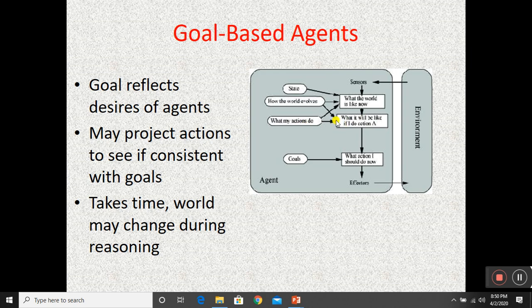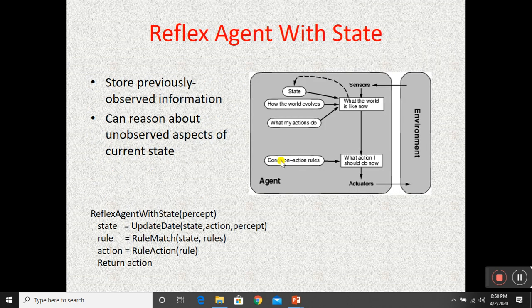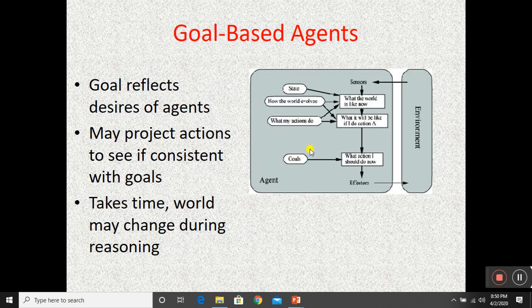So here is another addition of the state, that what it will be like if I do action A. So there could be possibilities that the agent could do. What actions I should do now? So these are the, and this is the goal. In the previous example, we have seen that the condition and action rules are here, but here the agent is working on the basis of goal. So this agent will work. What is the actual goal is